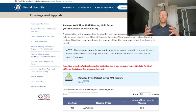The challenge with trying to speed it up right now is some of the information that you see here shows you why it's taking so long. Some of the key reasons are they're short-staffed, and they have a record number of cases in the system. It's around 1.1 million. So there's just a high volume. And so when you're trying to force or push or influence a decision, it's going to be difficult